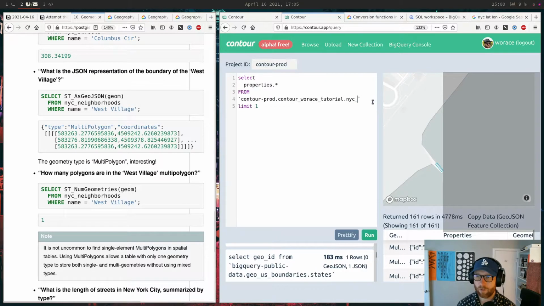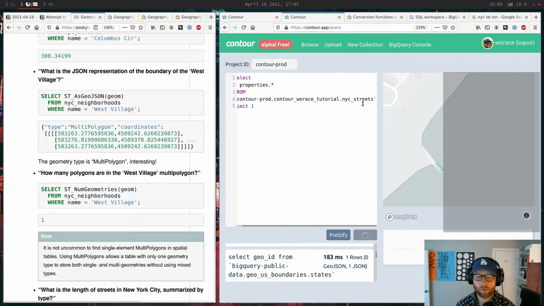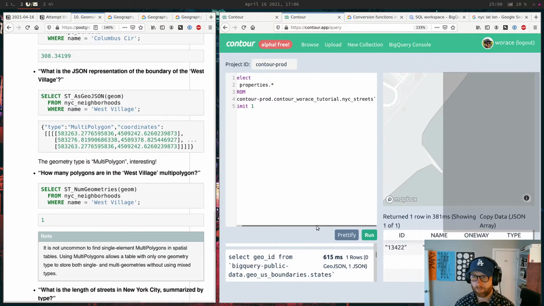NYC streets. They have a thing called type. There's steps. There's things called steps.